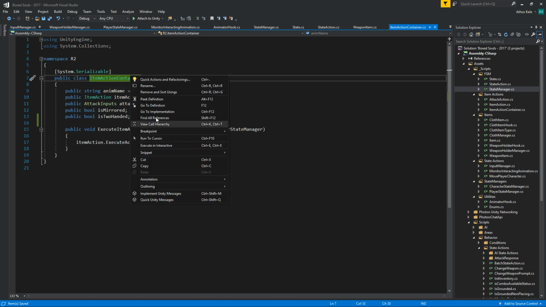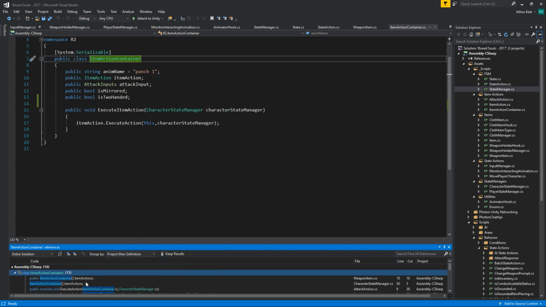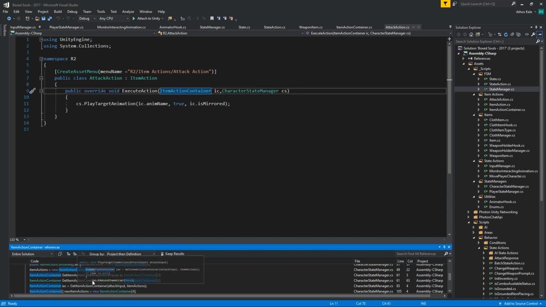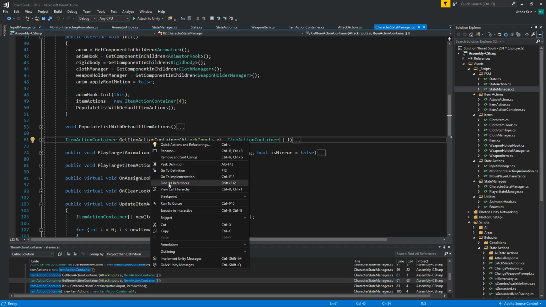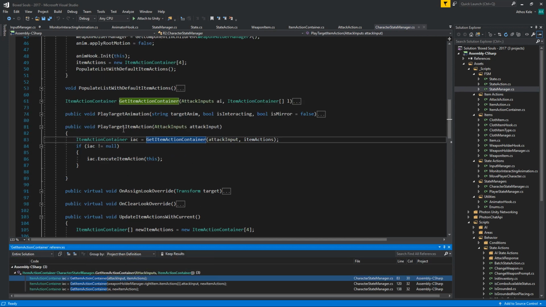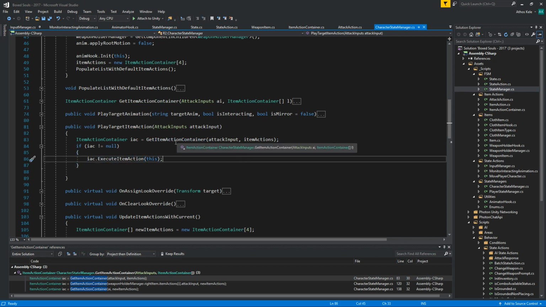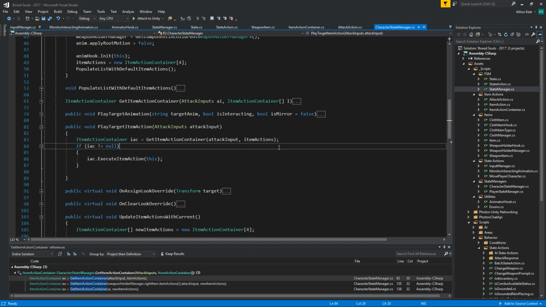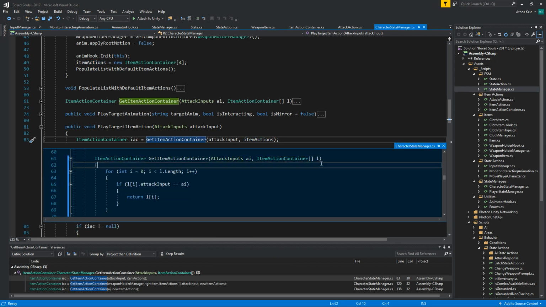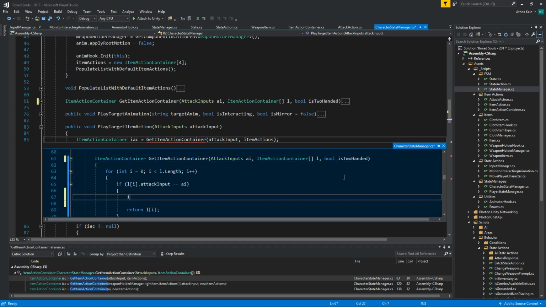So now let's go and see where we load the item container onto our actual state manager. So I'm going to guess it's probably from here for getting the item action. From the item action, we have the attack input. So now, inside the character state manager, if we say we want the item container, but we also want this to be set as either it's two-handed or one-handed. So we could just do a bool over here for is two-handed, and simply if li dot is two-handed, and is, or actually if is two-handed